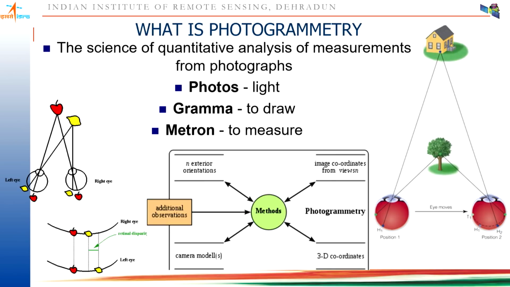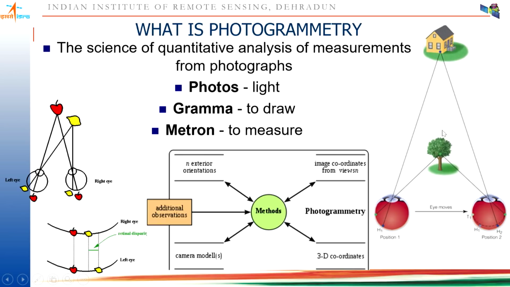Because we have two eyes, and these two eyes, as you can see here in the image, are focusing on an object. Suppose this is the tree on which they are focusing. The optical axes of the eyes make an angle, which we call the parallactic angle. Now, suppose there is another object which is far off from this place. Our eyes, when they are focused here, the optical axes make another angle.